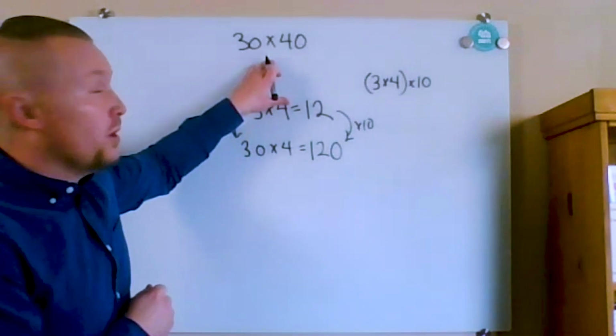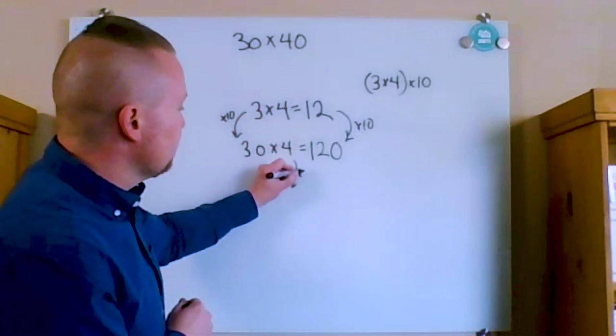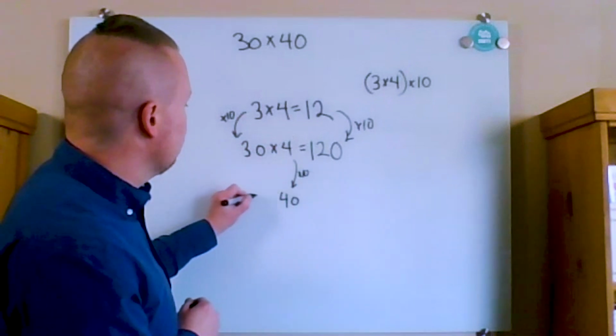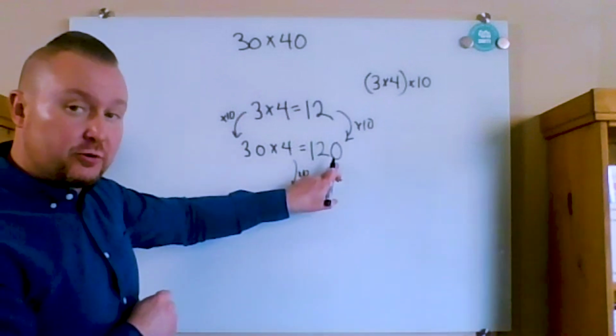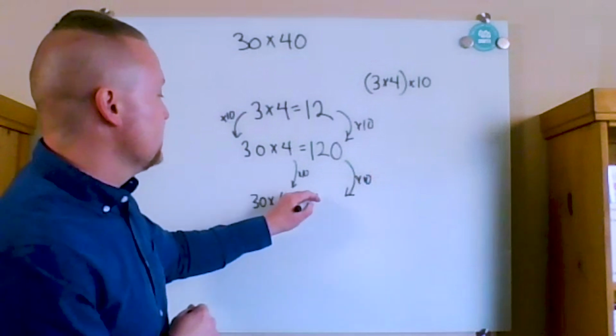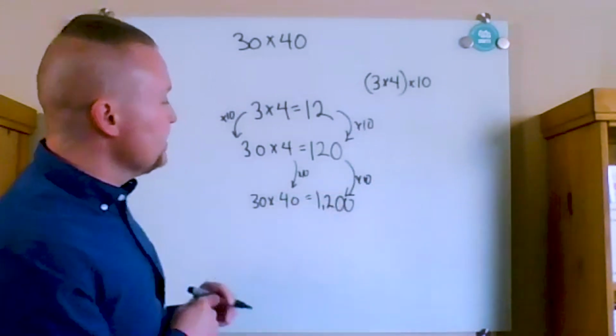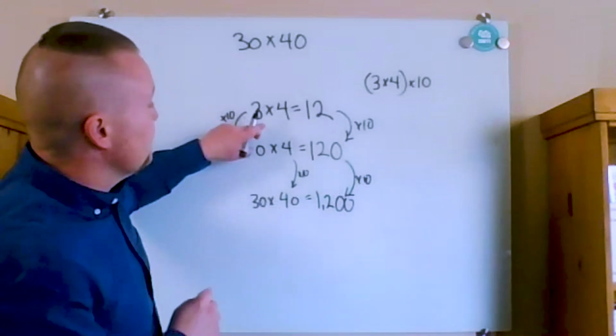Now, to get back to our target problem that we started with, now we're going to then change the 4 to 40. And now we can go back to the 120 and see that that's going to increase by 1 place value to be 1,200. Or another thing we could then do is go all the way back to the single digits